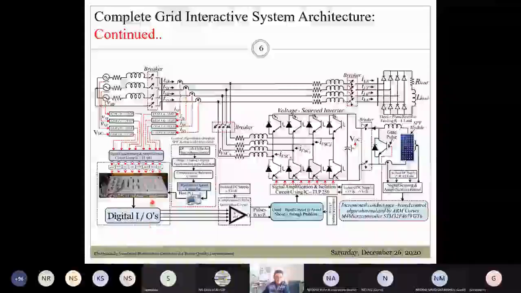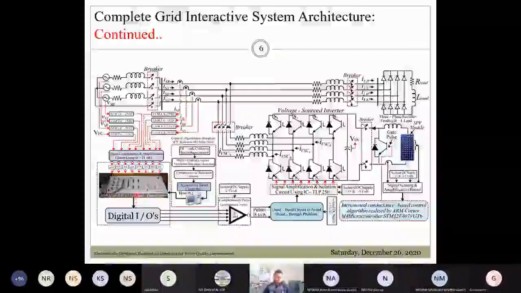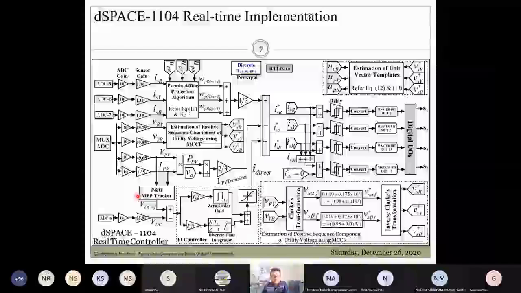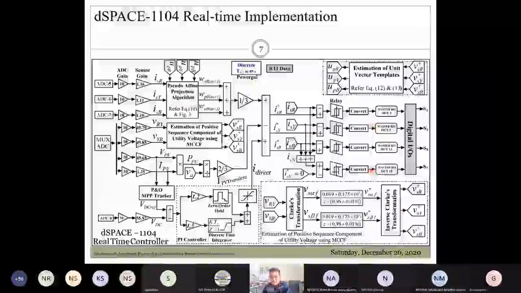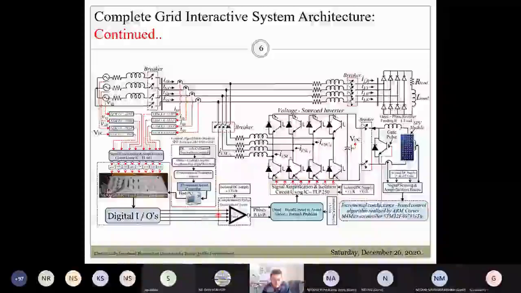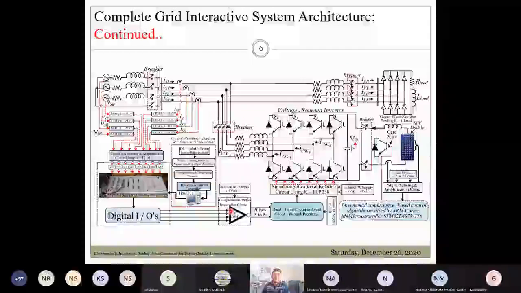Now, once this control algorithm is realized, it will generate the pulses. In this case, as I have mentioned previously, I have used a 3-phase 4-wire topology. So in this DSpace 1104, this control algorithm will be processed. It will generate 4 pulses, that is S1, S3, S5, S7. These 4 pulses will be applied to the analog IC, that is 7404. This is nothing but the NOT gate. So this NOT gate will generate the complementary pulses. So now I will have a total of 8 gate pulses.